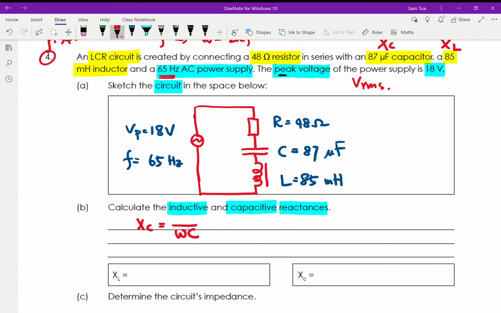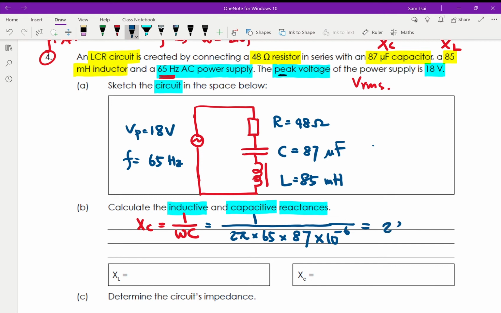So XC is 1 over omega C, and omega is 2 pi times F. F is 65, and C is 87 times 10 to the power of -6. Then you use the calculator,